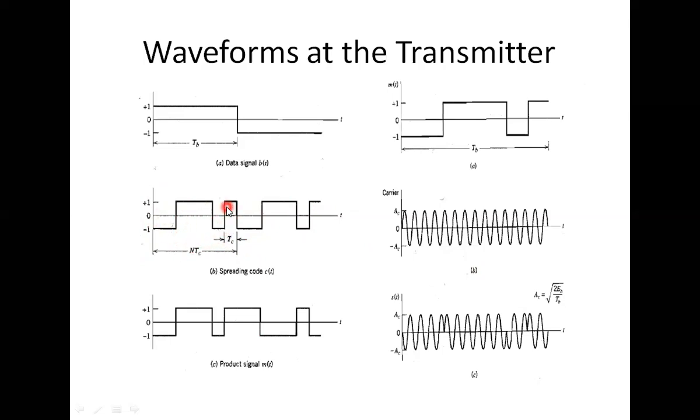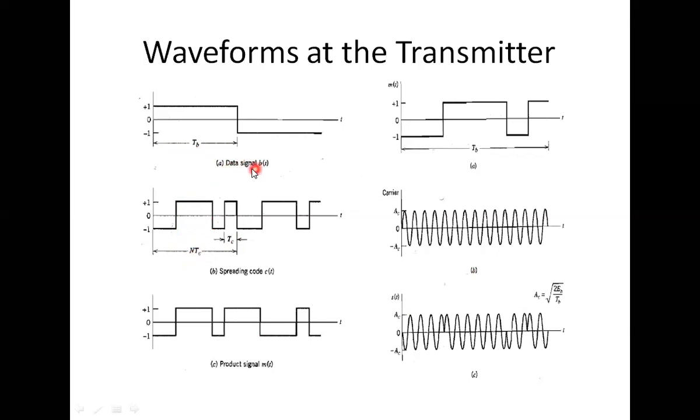So every small duration, every bit here, is called the chip duration, that is represented as TC. So from one complete cycle, the duration is basically n times TC. What is n in case of maximum length 7? It should be n, so this is 7 times TC. So if you look at these two, you can see that TB is equal to 7 times TC. So n is equal to TB over TC.